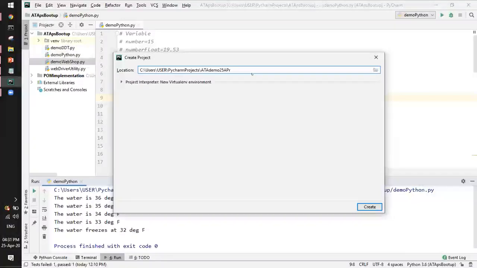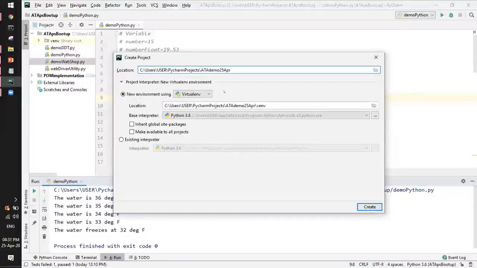The moment I enter this value, you can see a virtual environment is getting created. If I modify my project name, you can see the path is modified automatically, and inside that a virtual environment is created the moment I create a project.